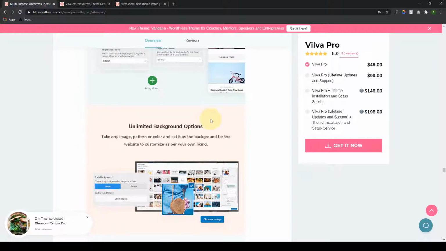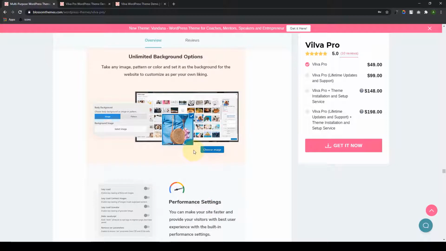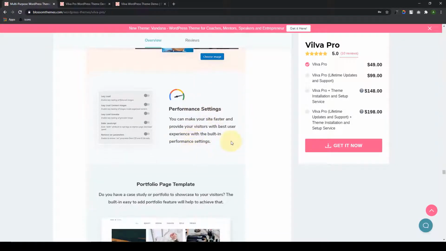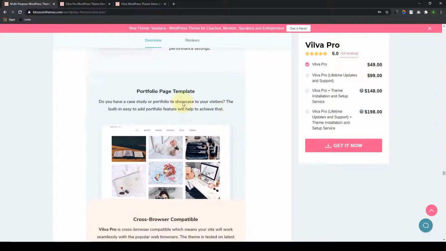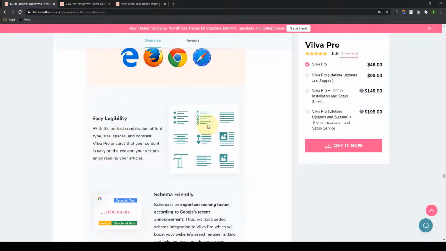Unlimited sidebars, unlimited background options with patterns and also image, various performance settings, the portfolio page template, cross-browser compatible, easy